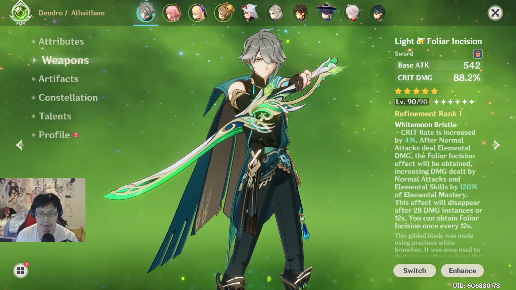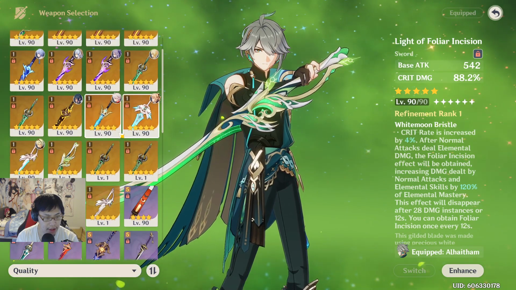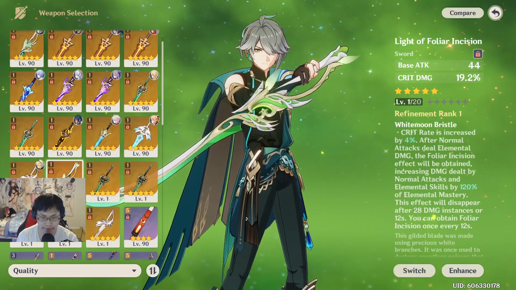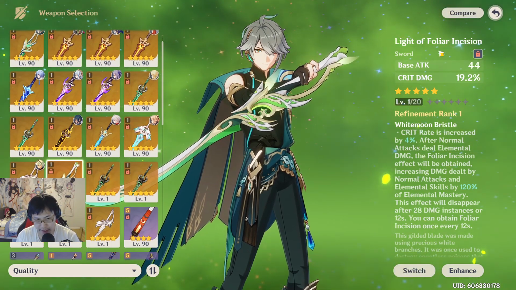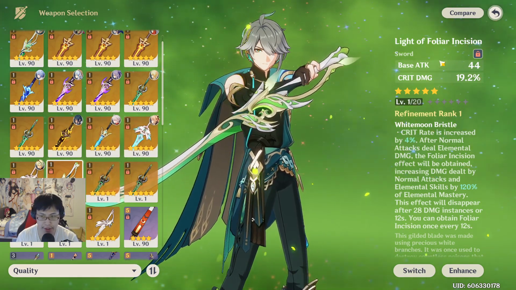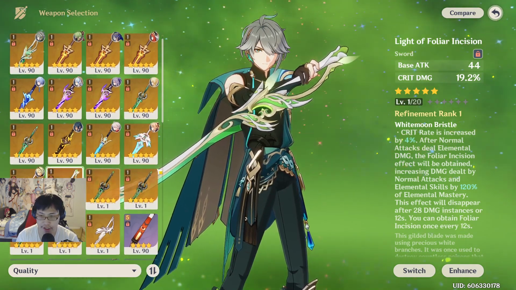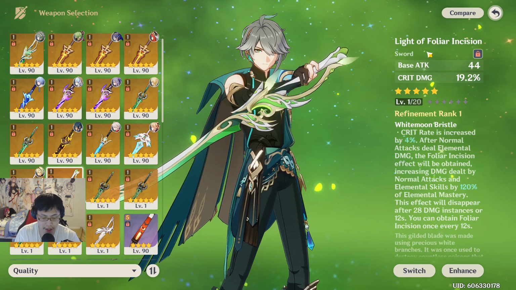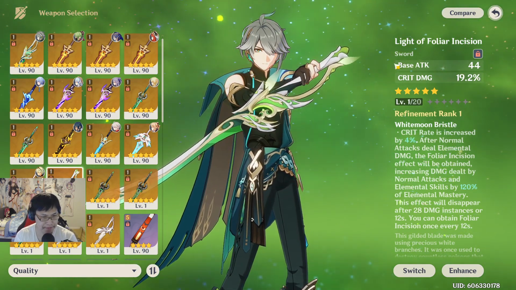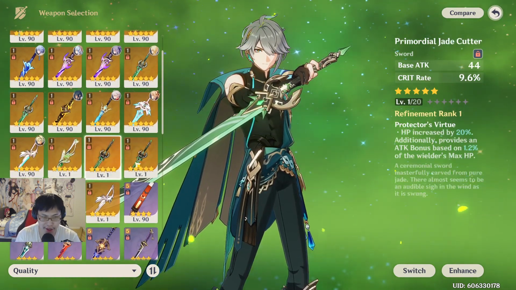And I've already shown his weapon, a copy of Light of Foliar R1. I got pretty lucky or unlucky, where I had to go to full weapon pity for Light of Foliar, but at the very least the game threw me a bone by giving me double copies of Light of Foliar when I finally hit the weapon pity. So I do have a spare copy in case another sword user comes along and wants that 88% crit damage. Sure, why not? So I got that in the back pocket, along with 3 unleveled copies